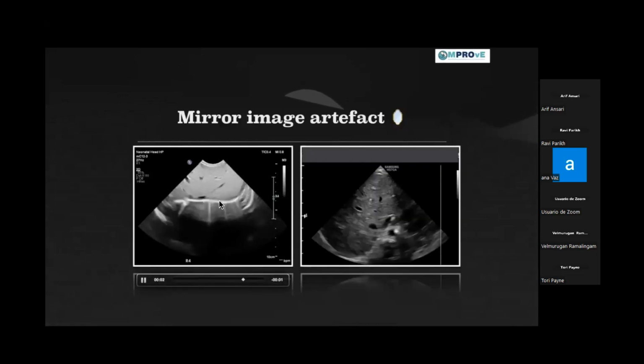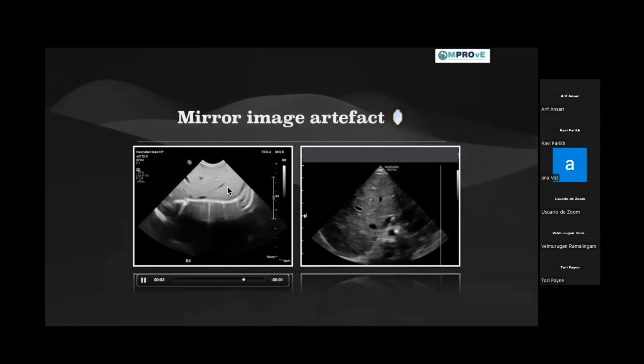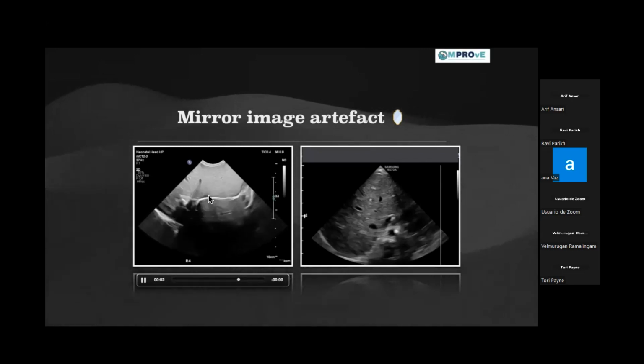Again, you can see here, now this is not a lung scan. This is a curvilinear probe, as you can make out from the curve here. And this baby, we were doing the lung ultrasound. We had a suspicion, not suspicion, we were pretty much sure that this baby has got a pneumothorax, and we are trying to figure out the extent of it. So we haven't seen a lung point in this baby. I'll talk about the lung point also, but we are trying to find the lung point to figure out the extent of the pneumothorax. So we use the curvilinear probe to go a bit deeper and see